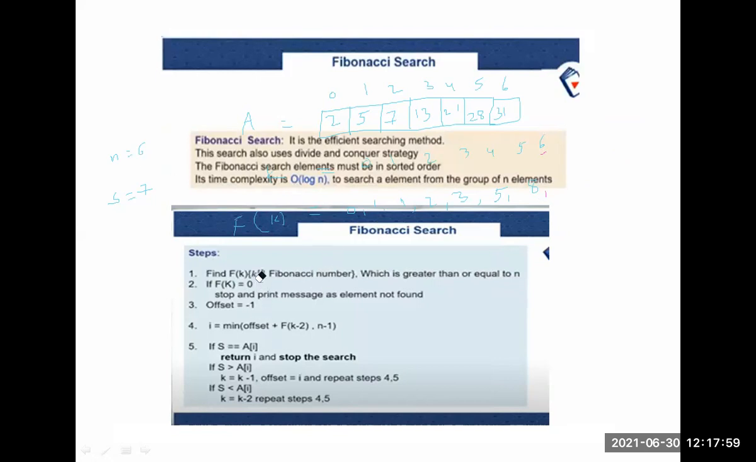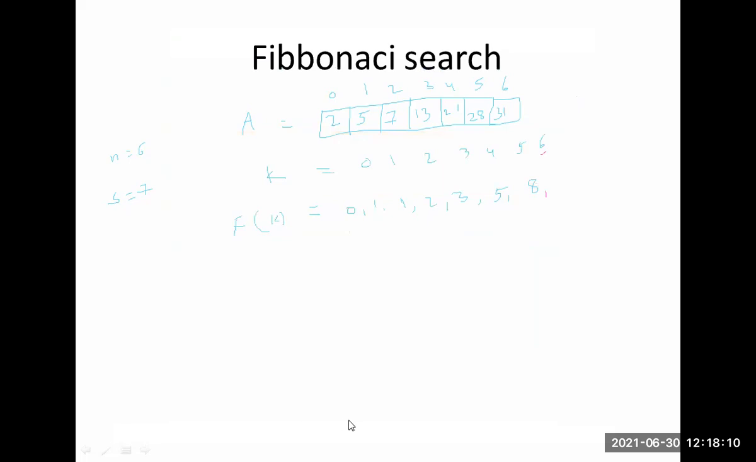If f of k equal to 0... so f of k is not 0, then you have to consider offset equal to 1. Okay, we are considering offset equal to 1 here. So I'm writing here offset equal to 1. Initially, I'm considering offset equal to -1. Okay. So first, f of kth value. So k is 6, f of k is 8. That is greater than n. So the condition is true. Then what we have to do is,